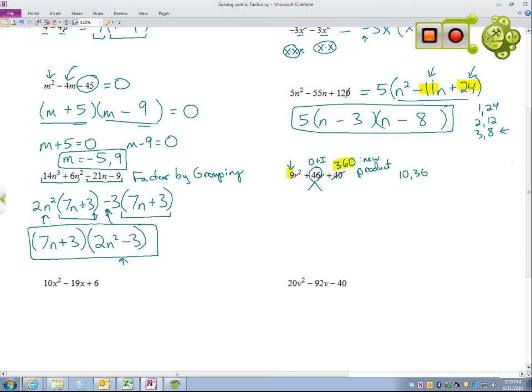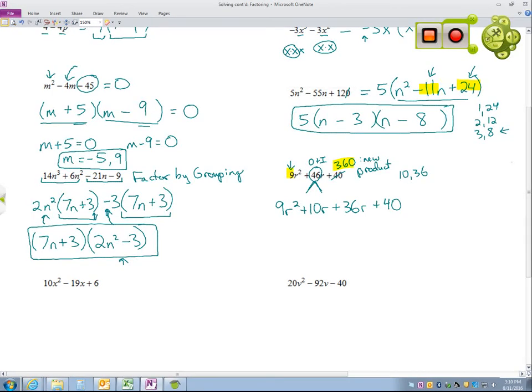And again, you can make a systematic list if you need to, okay? But I can see pretty quickly that's going to be 10 and 36. So now I'm going to rewrite my expression, but instead of 46r in the middle, I'm going to split that into the 2 terms that were added together to get 46r, which are 10r and 36r, and it does not matter which order you write those, okay? And then I'm going back to my original last term, which is 40. Okay, we only used the 360 to figure out what the two middle terms were, but it's not part of